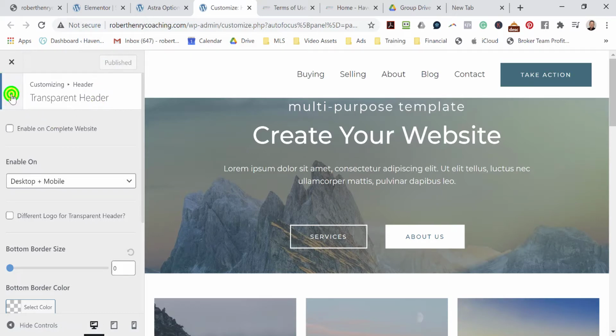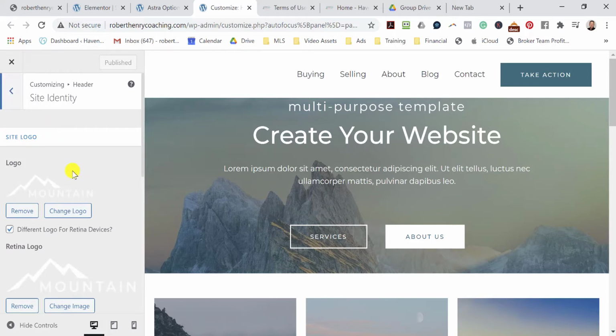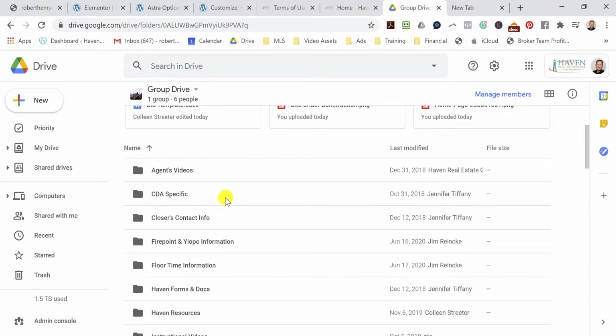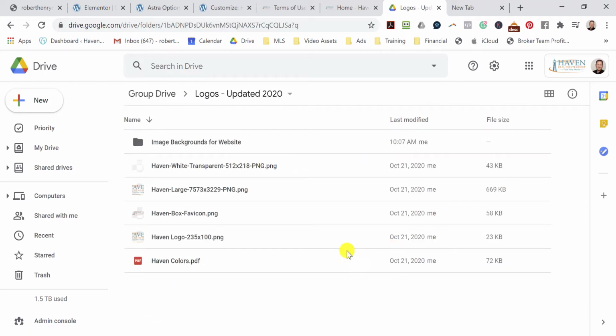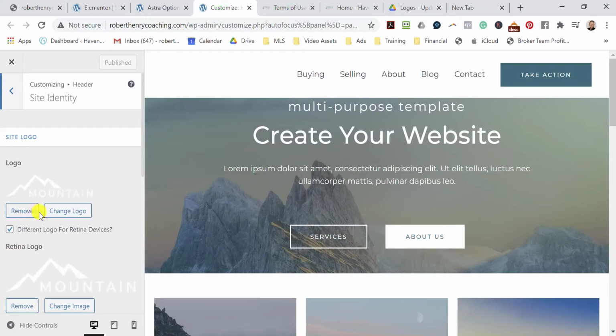And now I'm going to show you where to get your logo. Now in your Google Drive, if you don't know where your Google Drive is, you're probably going to want to find that. When you go to Group Drive, if you scroll down, you're going to find Logos Updated 2020. Now you're probably going to want to download some of these into a file, because I have several of these different logos. I have access to the Google Drive on my computer. So what I'm going to do with my customization is I'm going to say